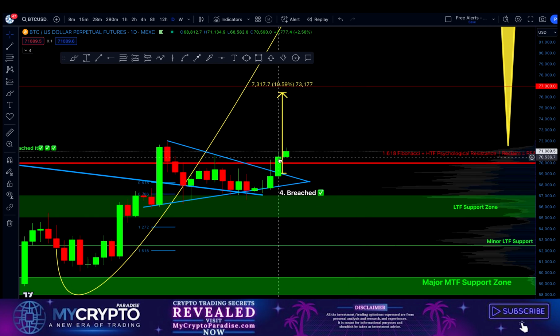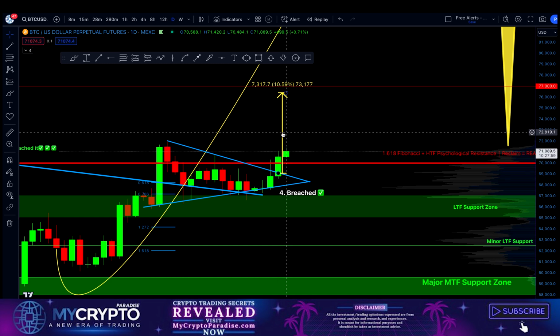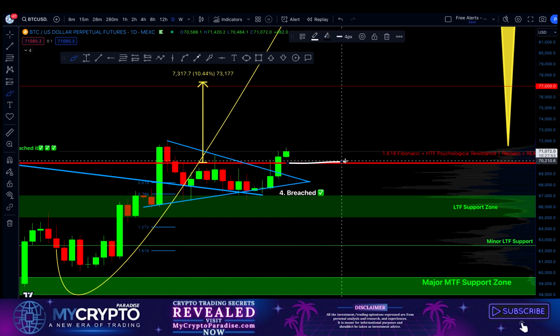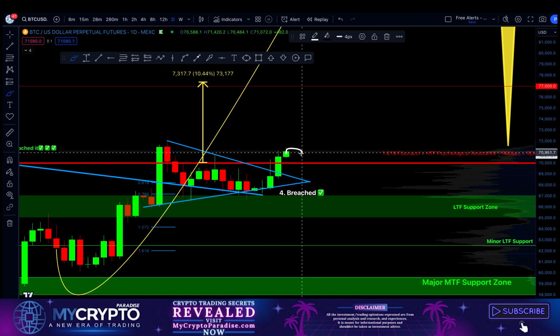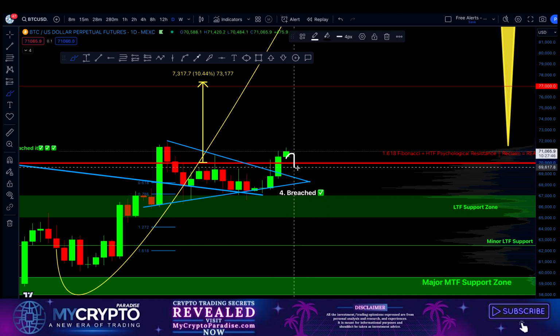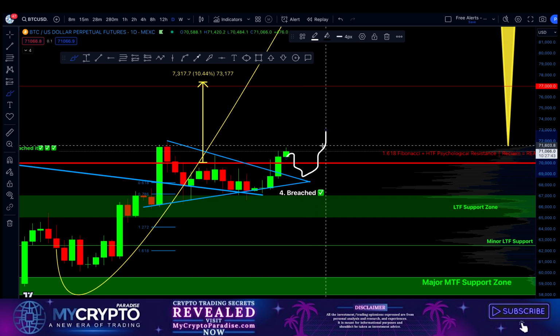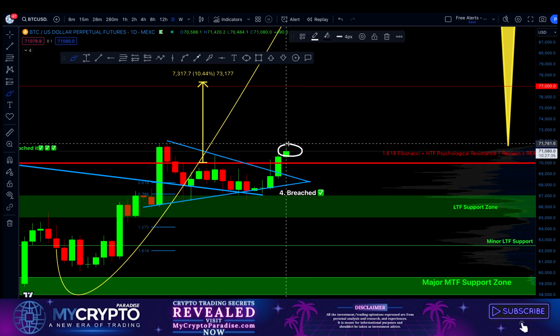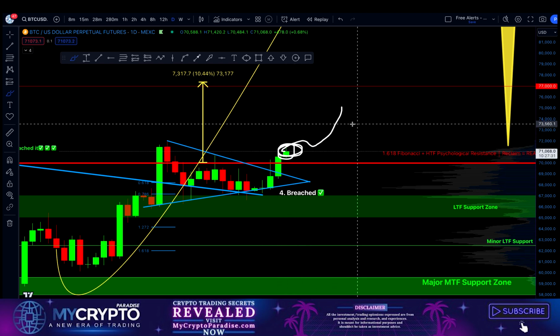So the continuation from this level right here, without either holding of this line right here, shifting the resistance into support by retesting it, consolidating above it, or retesting the pennant formation and then shifting back to the upside, it is very dangerous to assume that we will continue from the current market price to the upside towards the